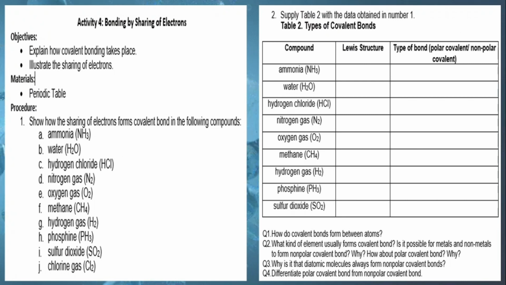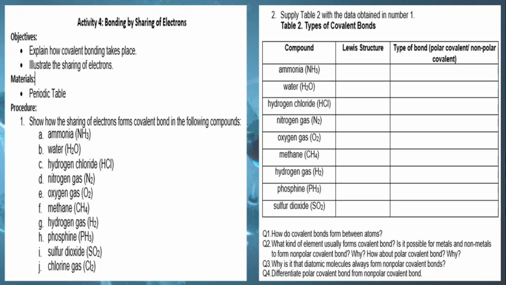Next activity is bonding by sharing of electrons. Objectives: explain how covalent bonding takes place and illustrate the sharing of electrons. In this activity, you need a periodic table. Procedure: show how the sharing of electrons forms covalent bond in the following compounds: